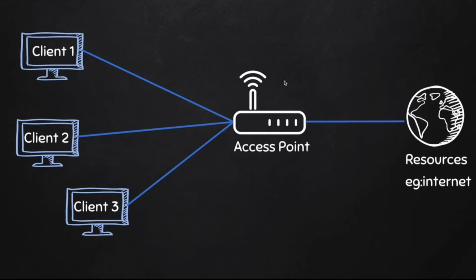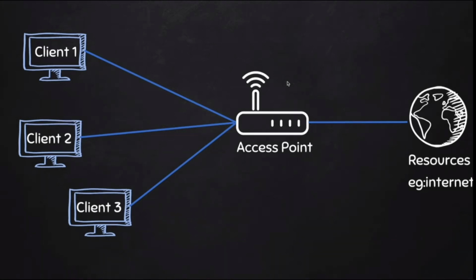Okay, so basically you need to keep in mind two main points. One is the access point is the only one which will have direct access to the internet, and the second thing is the client computers or your laptops should connect to the access point, then the access point will connect you to the internet. Because the access point is the one which will have main access to the internet, you won't have any access to the internet. If you connect to the access point, it will connect to the internet and provide you the connection.